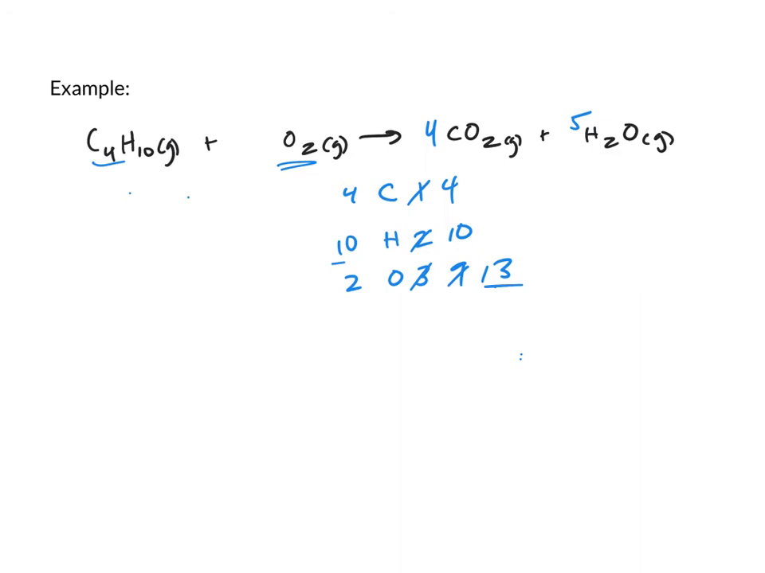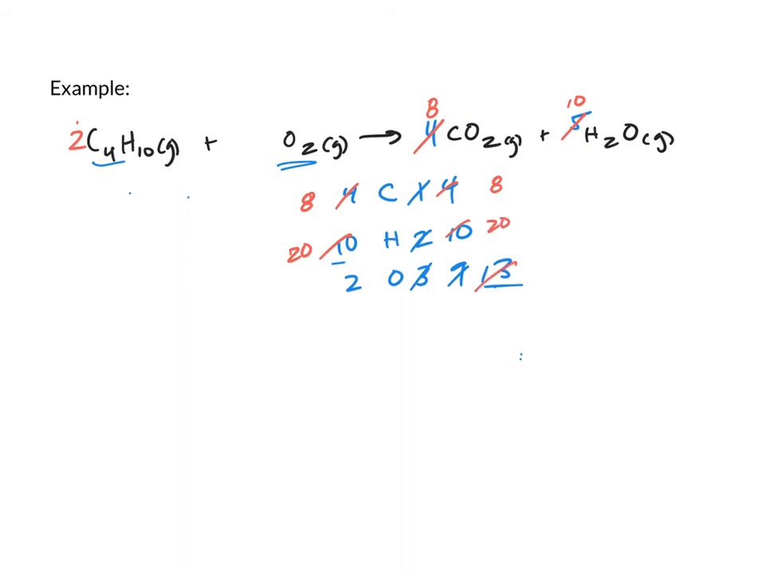The way that I'm going to do that is by taking all of the coefficients that I have and multiplying them by 2. So instead of this coefficient over here being a 1, it's now a 2. And instead of this coefficient being a 4, it's now an 8, and this is now a 10. What this does is it changes the total number of carbons to 8, the total number of hydrogens to 20,